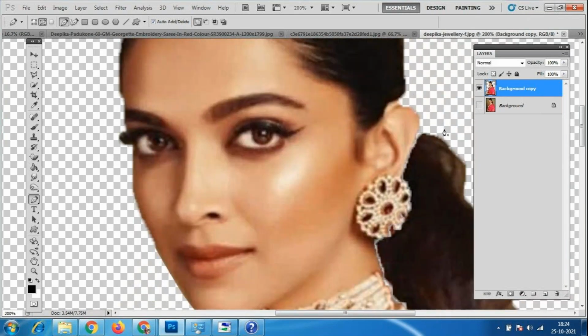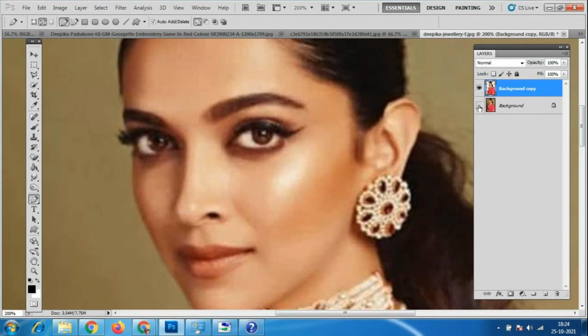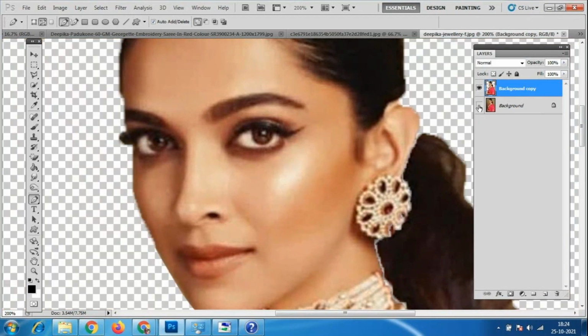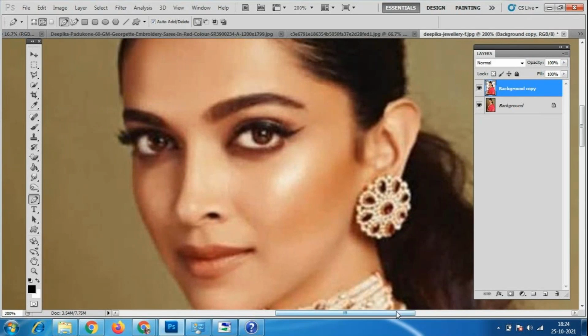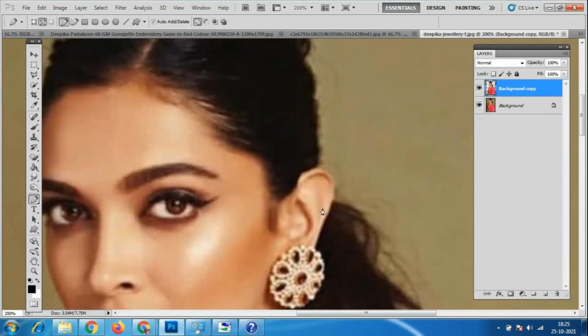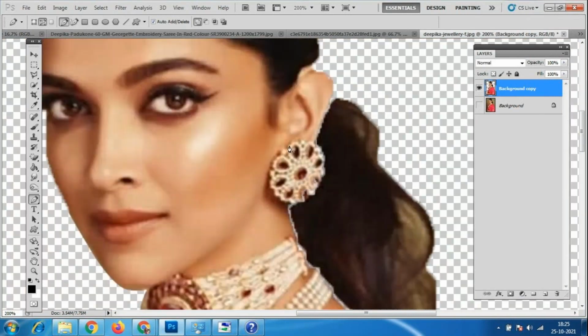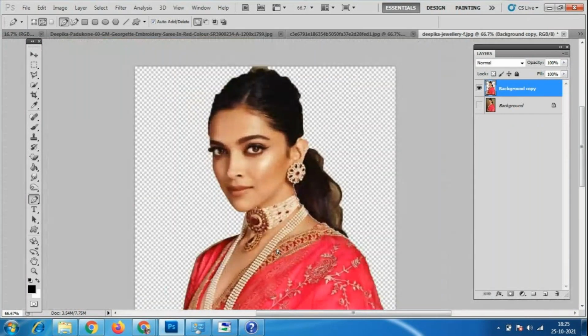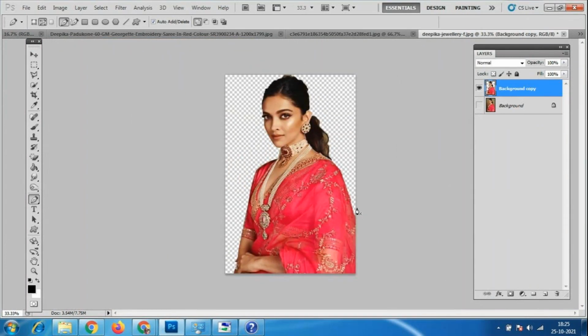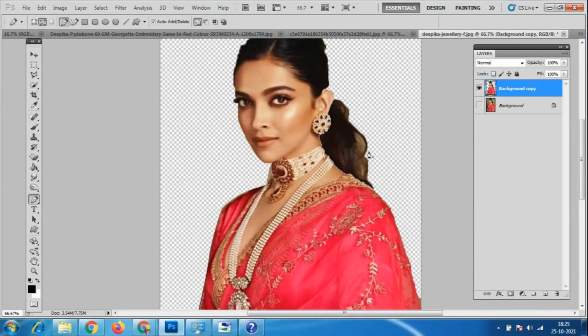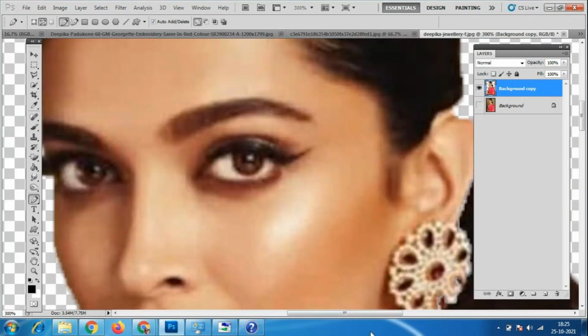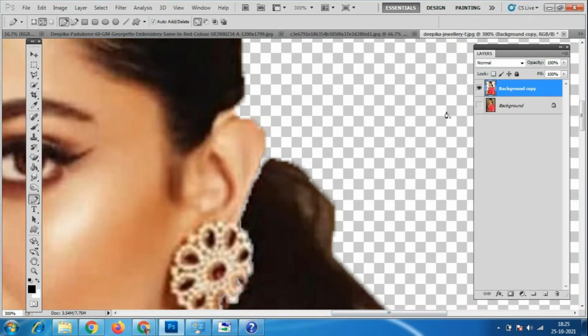This here is cut over here. So that's why I always feel which tool is better. We always have to take this polygonal lasso tool, it is always better. Otherwise pen tool. So half of the ear and head everything it will go with this tool. Look at here, some small line has come. So if you want to do some completion work properly, that means we have to take a duplicate copy always.